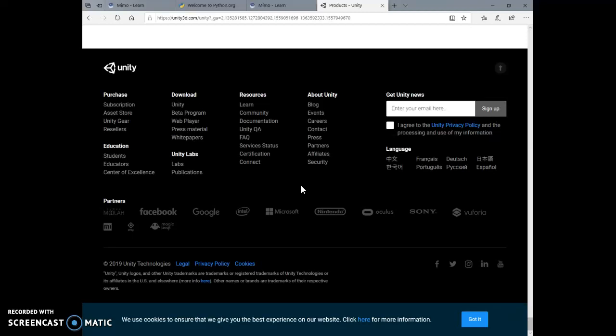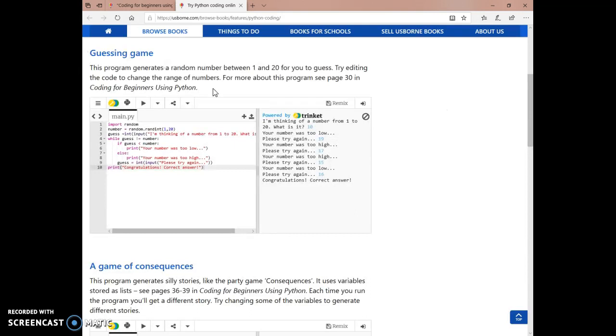And I might or might not do a part 2 on what is programming. It'll be way more detailed. So this is one of the chapters in the book called Guessing Game. It teaches you how to code it. Like this is the program, and it lets you play the game like I showed you.